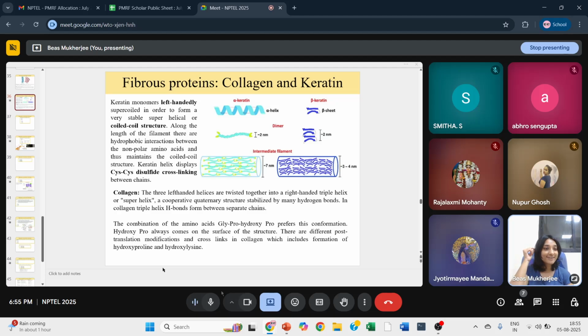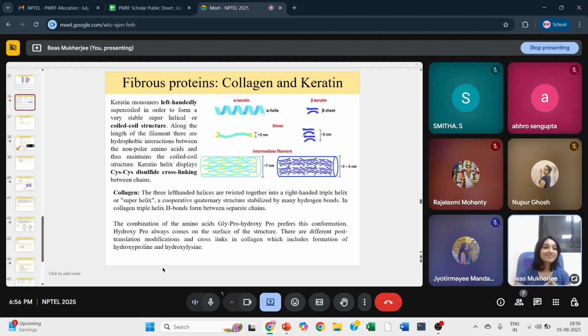So the curly hair, right? A lot of people have curly hair. We are Indians. A lot of us have curly hair, right? And what we do is we use heat to actually straighten the hair. So this heat treatment is actually breaking the interactions in the keratin, and that is how you're getting straight hair.